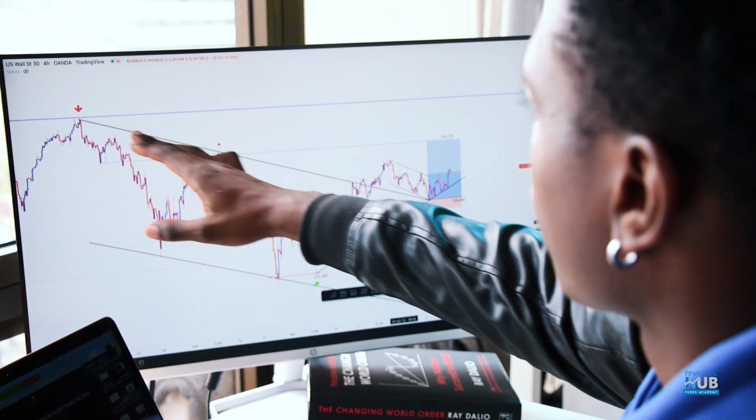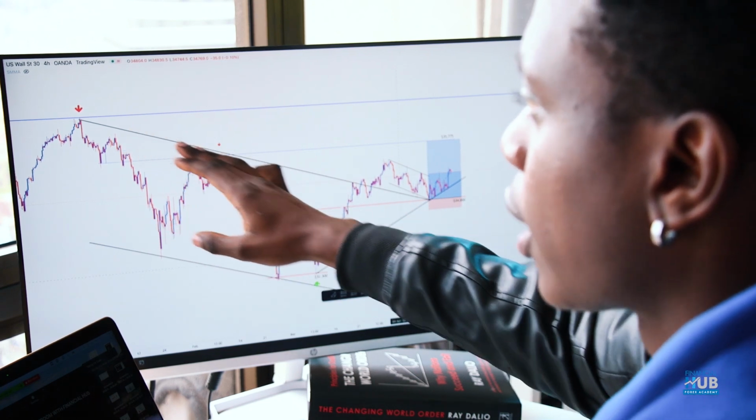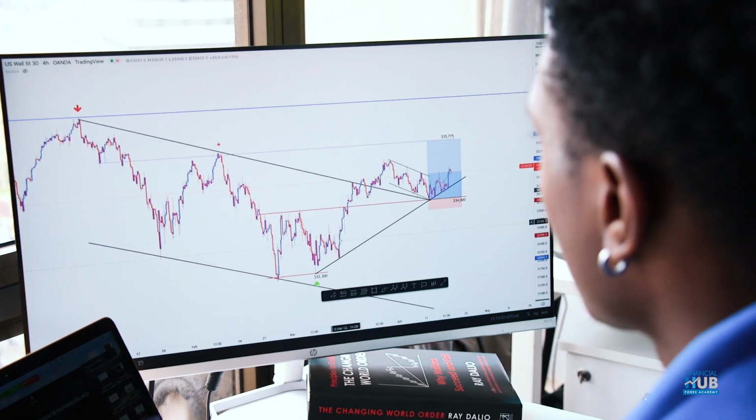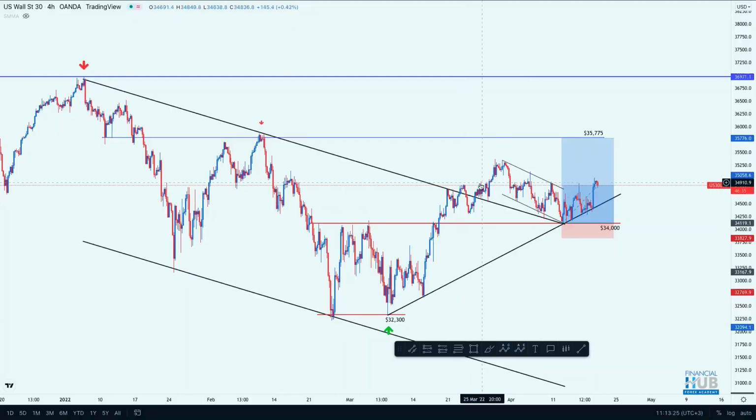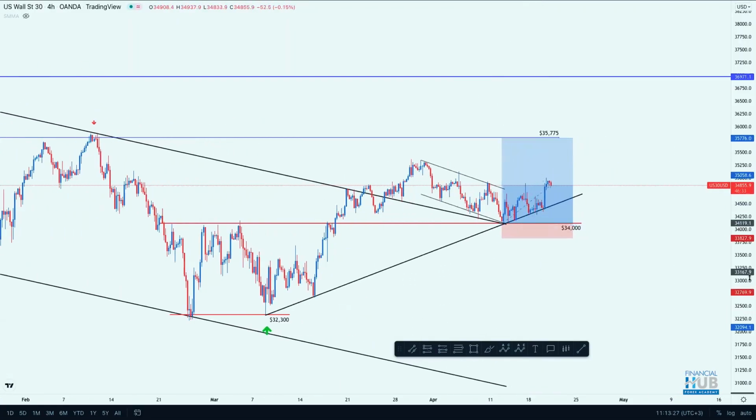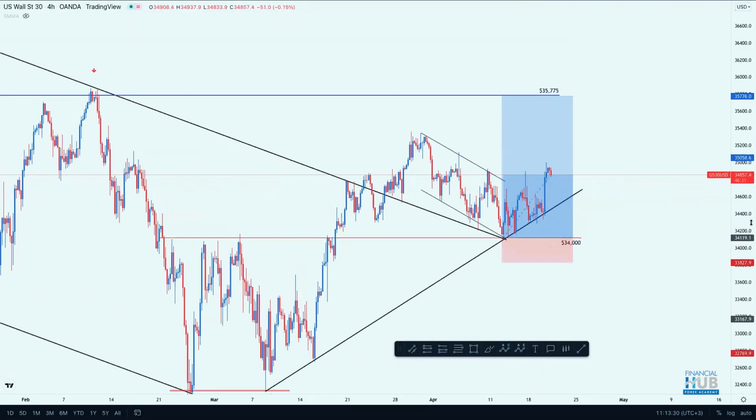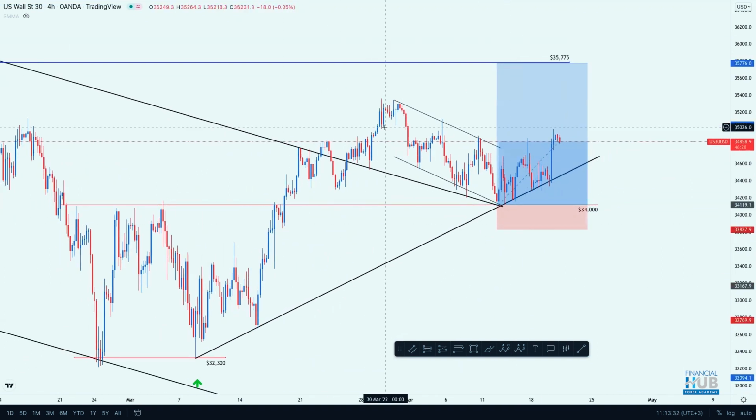What you can see over here, we had a trend line formation that the market was forming to the downside, a very good formation. Then the market had that breakout and a retest in the form of what? A flag formation. You can see we had a breakout of the trend line, and the market retested in the form of a flag, a very good A, B, C, D, E flag.